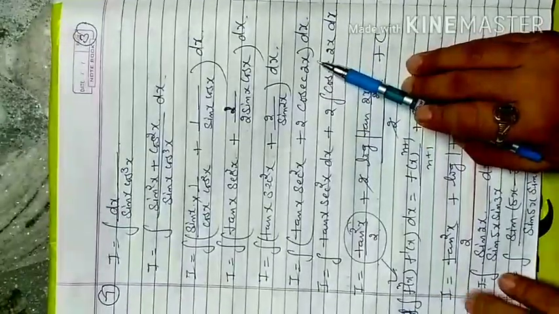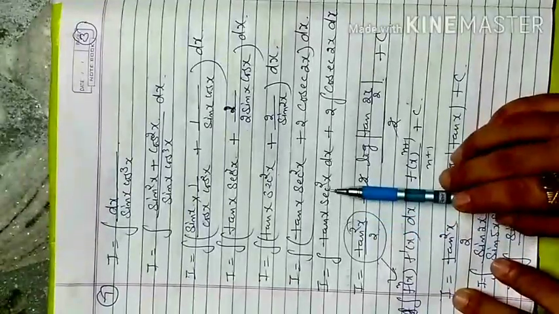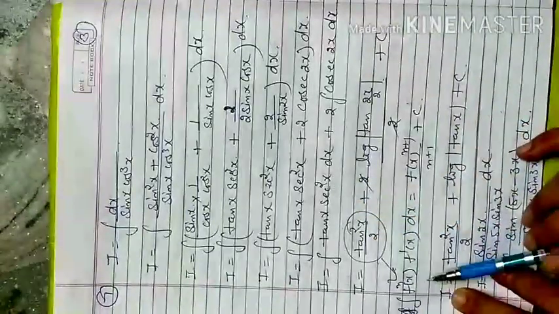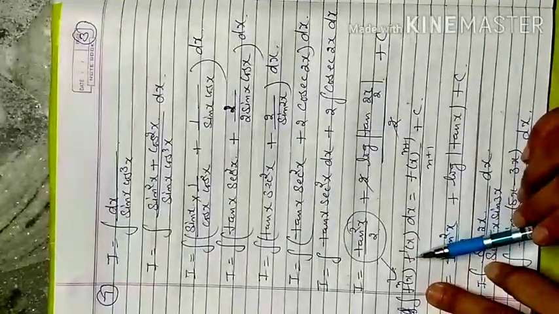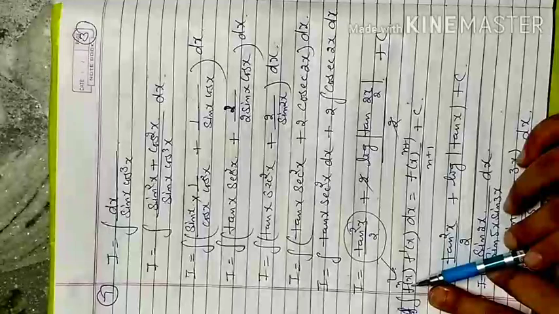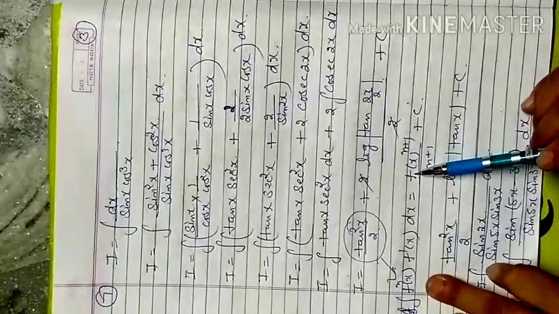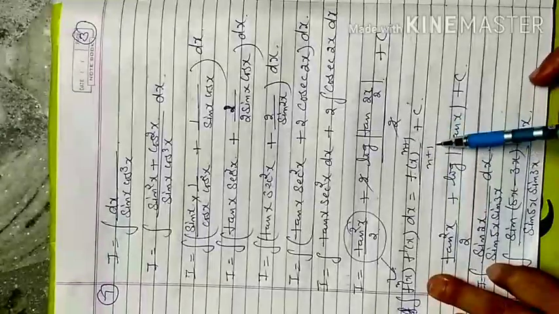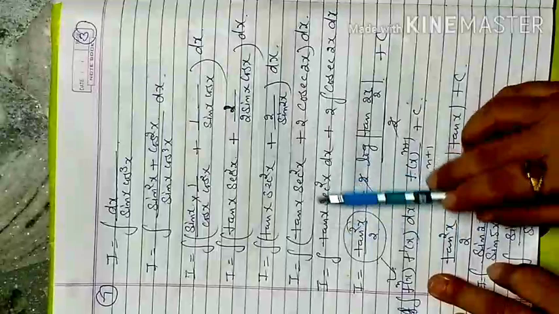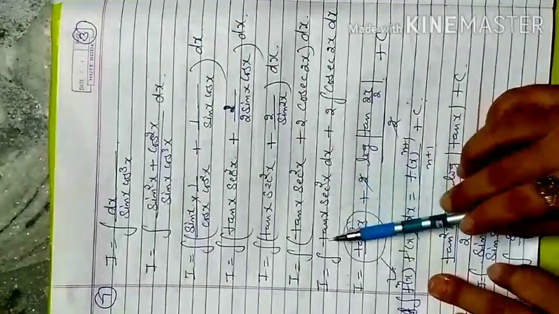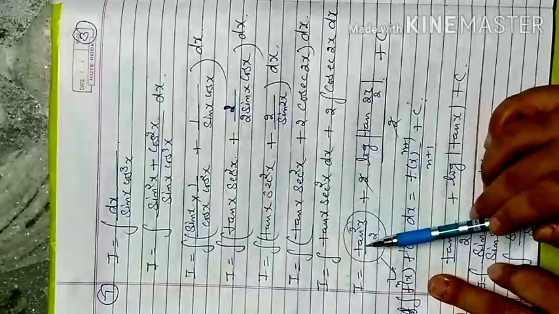Now integration of this, if you just check that this is tan x, differentiation is secant square x, and our formula is if f(x)^n and f dash is the differentiation of this term, what is term inside is multiplied with this, we can directly apply the formula f(x)^(n+1) by n plus 1 plus c. So here we ignore this one differentiation because this is a differentiation of this. So according to the formula, we consider power 1.